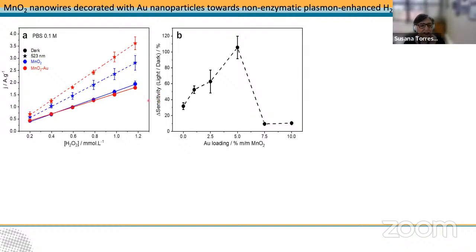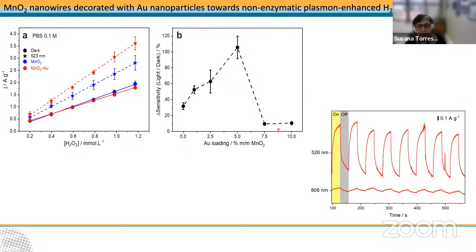And also this change in sensitivity between light and dark changes with the amount of gold nanoparticles that we put. And we have a maximum amount of nanoparticles that we can put, which corresponds to 5%. And after that, we have a diminution because in this region, even though we have more gold, the gold that is decorating the manganese oxide is not the same size. We have an agglomeration, so we lose the plasmonic